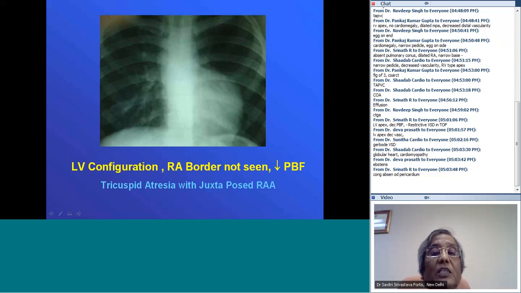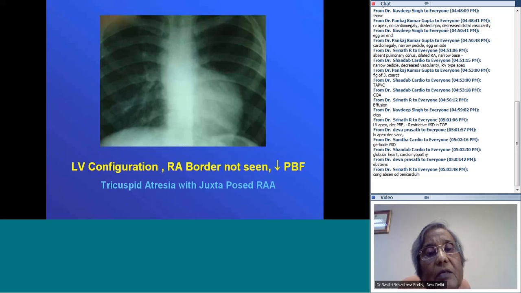So this becomes an LP configuration, right atrial border not seen, decreased pulmonary blood flow, which is classical for tricuspid atresia with juxtaposed right atrial appendage. Such an unusual configuration you can also get in univentricular heart. In them also you can have a juxtaposed right atrial appendage. But the first diagnosis should be, with this configuration, tricuspid atresia, and with this absent right heart border,